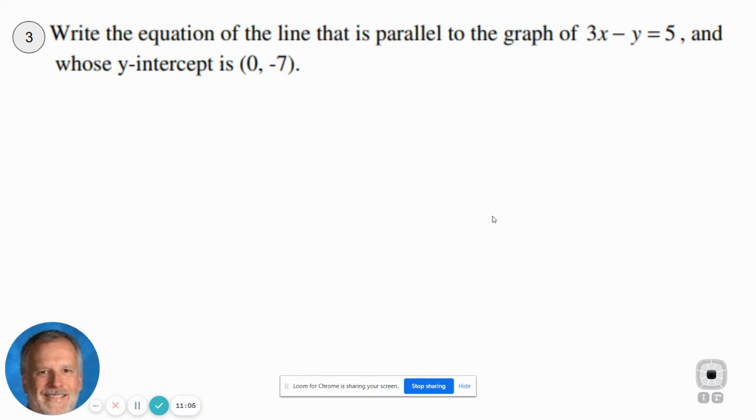All right, so the first equation is 3x minus y equals 5, and we want to write an equation that is parallel to this line